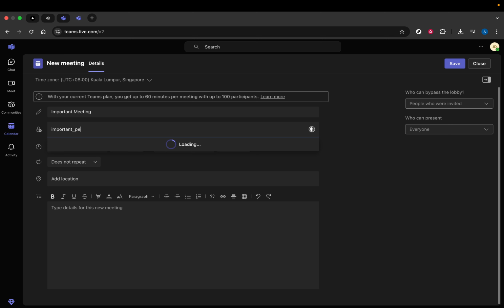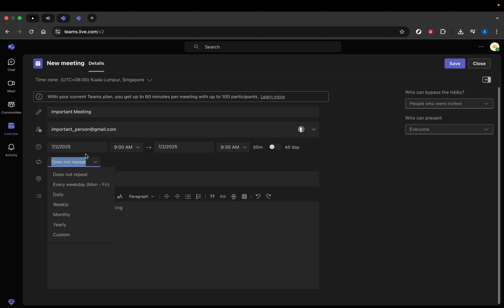Moving on to scheduling, make sure you set the correct date, time, and time zone to avoid any confusion. If this is going to be a recurring meeting, Teams also gives you the option to choose a repeat pattern, ensuring that the meeting appears on everyone's calendar at regular intervals. Don't forget to fill in the description box. Here you can add the meeting agenda, links to documents, or any instructions that will help guide the meeting. If you want the meeting to be visible within a specific Teams channel, you have the option to add that as well. Including these details not only sets expectations, but also makes sure everyone is prepared and on the same